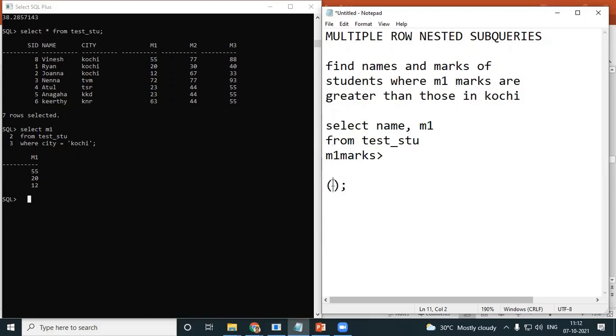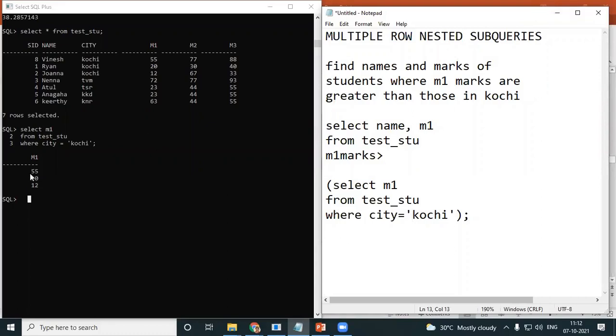What are the Kochi people's marks? Select M1 from test_stu where city equal to Kochi. Kochi should be in single quotes.